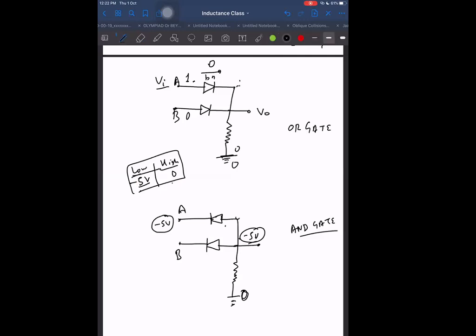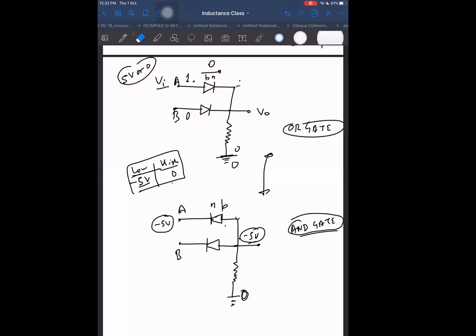In the upper case, I was giving maybe 5 volt or 0. So what changes did I make from here to here? I made this gate into this gate by nearly the same diagram because I wanted to tell you that it is very easy to make the gates. Just 2 changes and one gate converted into another. No change at all, except the gate input I was giving as 5 volt or 0 in the beginning, I changed to minus 5 and 0. And this I reversed. Then it changed from OR gate to AND gate.